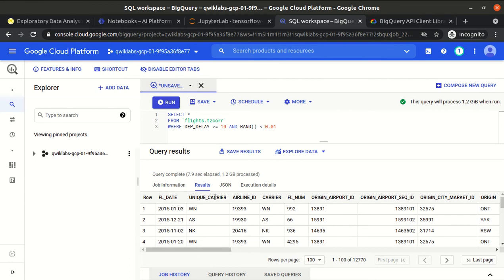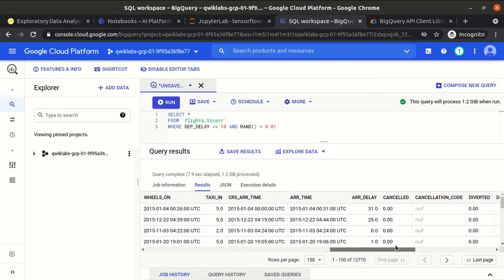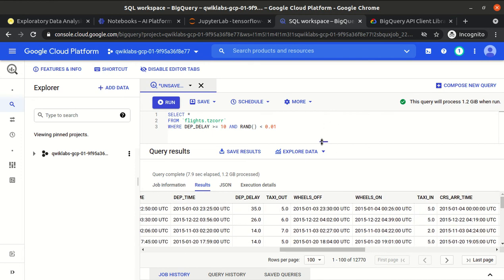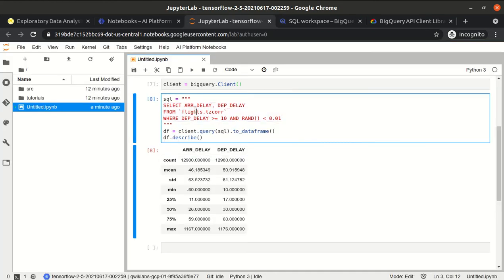Flight date, the carrier name, airline ID, carrier, flight number, origin airport ID, so many columns, but we don't want all the columns. We want only arrival delay and the departure delay. So that's why we just mention arrival delay and departure delay. So it fetches and created the data frame, and we have described the data frame.